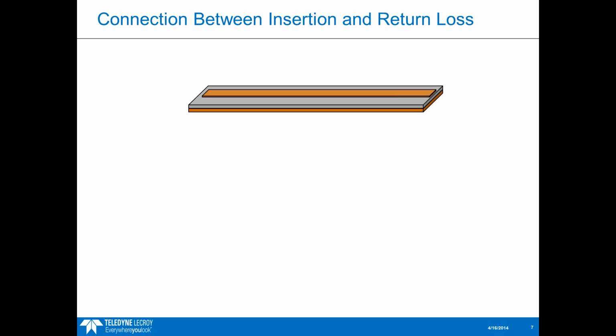So I hinted at some connection between the insertion loss and return loss, where basically if we send in some signal and some is reflected back and some gets transmitted through, there should be some connection between what's reflected and what's transmitted. So there should be some connection between the insertion loss and the return loss. But the question is, what is that? And this is an important question because